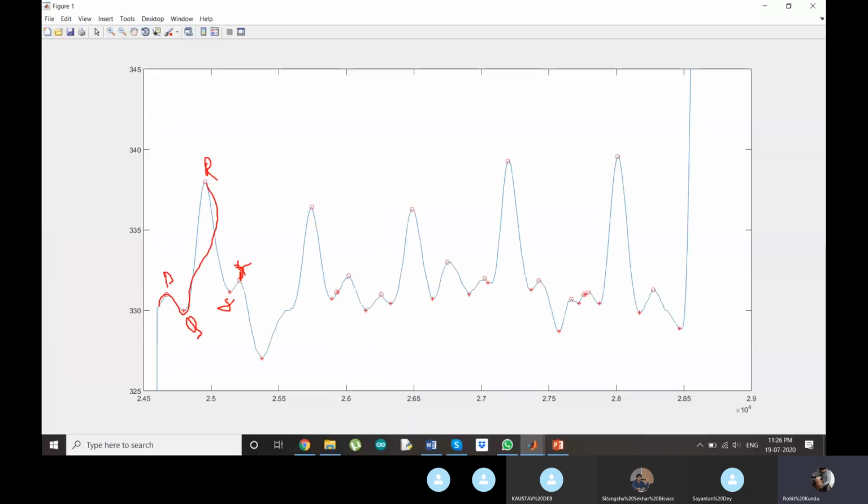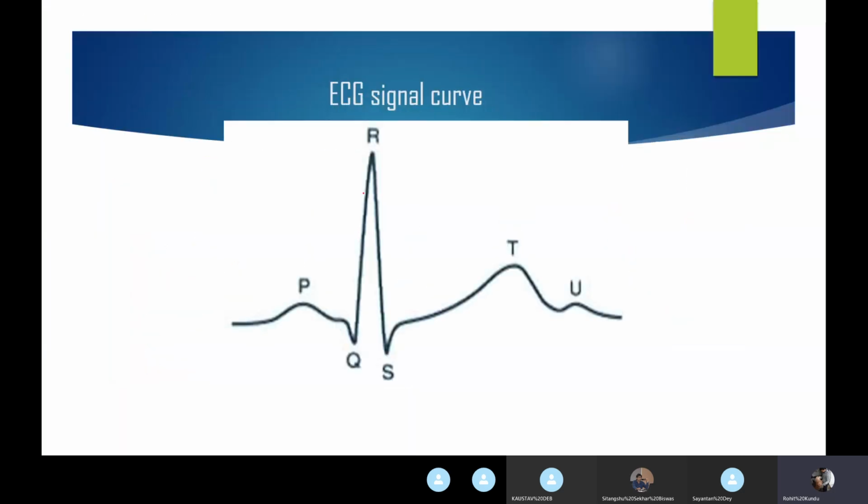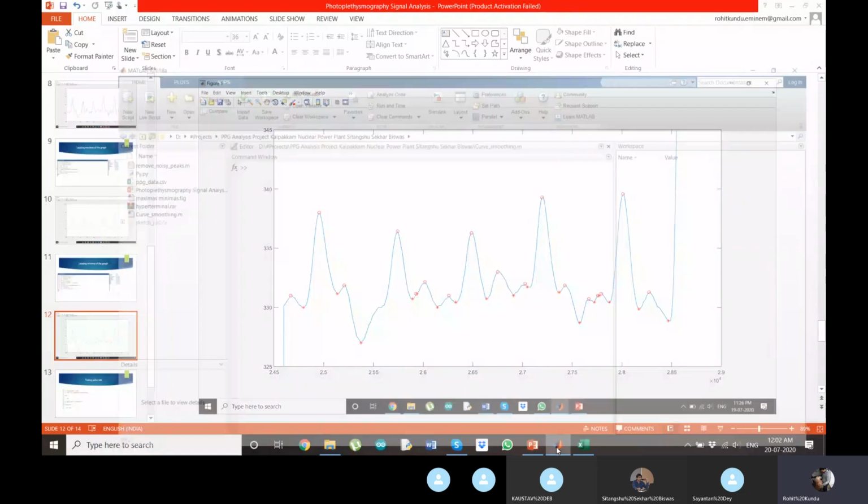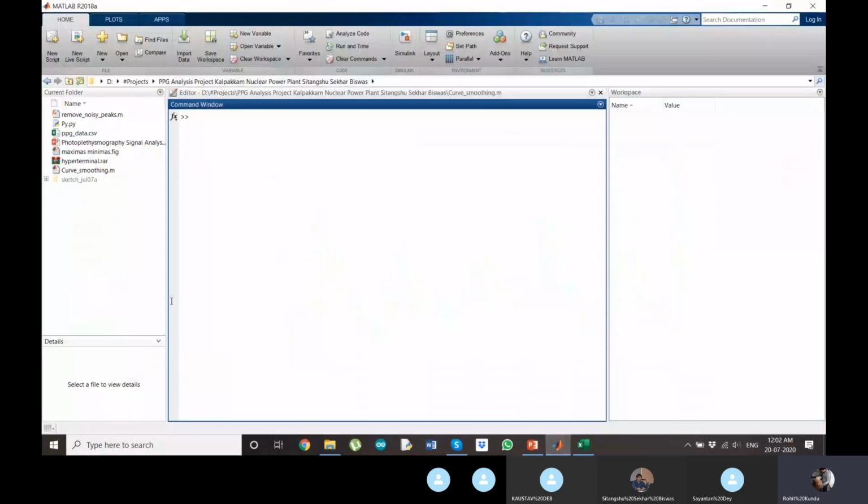So we can actually simulate the ECG signals from these PPG signals. I'll show in MATLAB once how this all works and explain all the commands. So first, raw data equal to, as we said, xlsread, and since I have already set the folder, I'll just write the name of the CSV file.